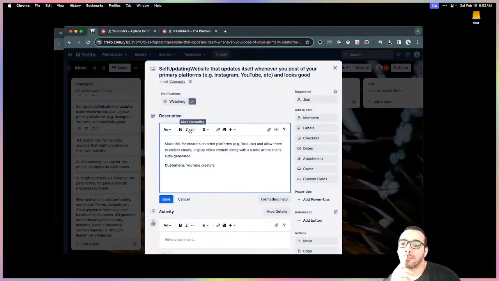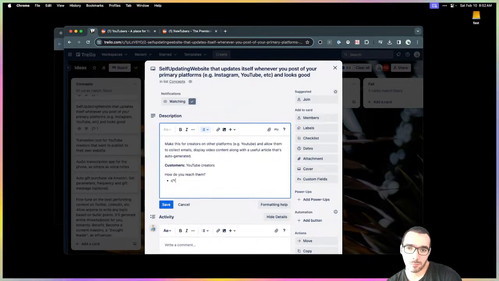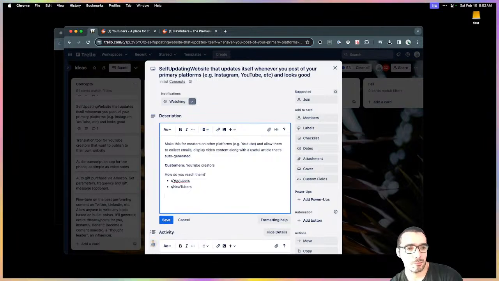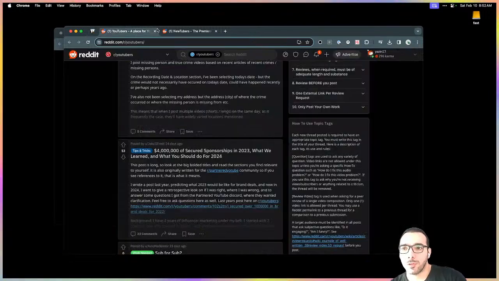Hmm. I don't know about the effectiveness of Reddit ads. I mean, it's just a way to quickly get access to a bunch of users.